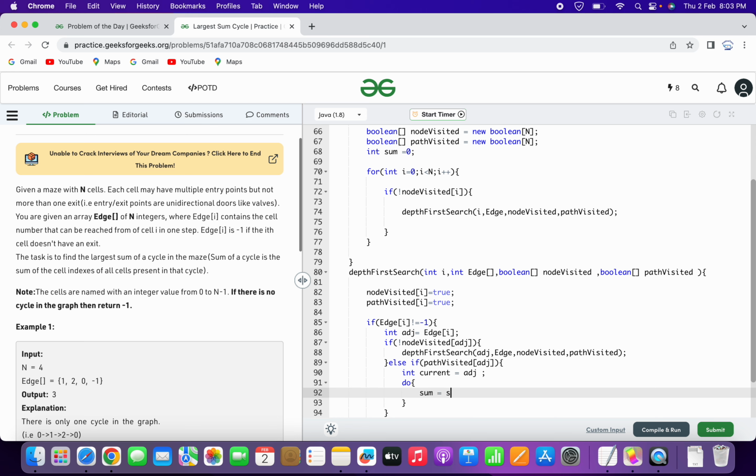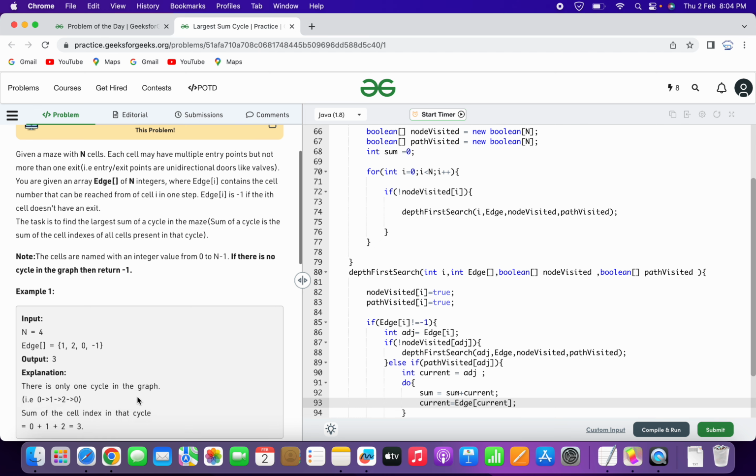Sum is equal to sum plus current, then we update current with edge of current. Whatever we have in this edge we add to the summation, then update current to edge of current, again for the same reason